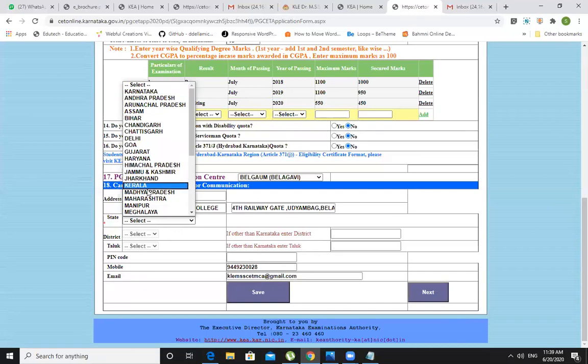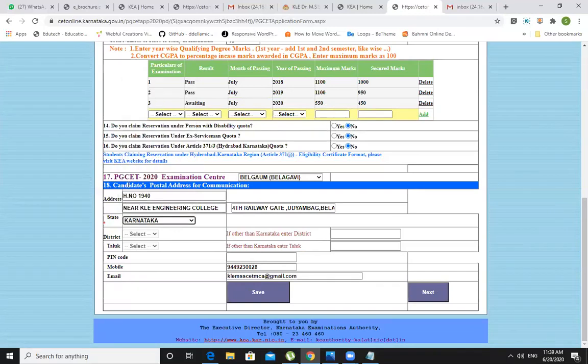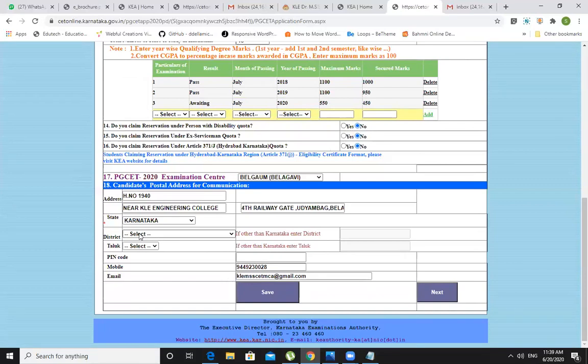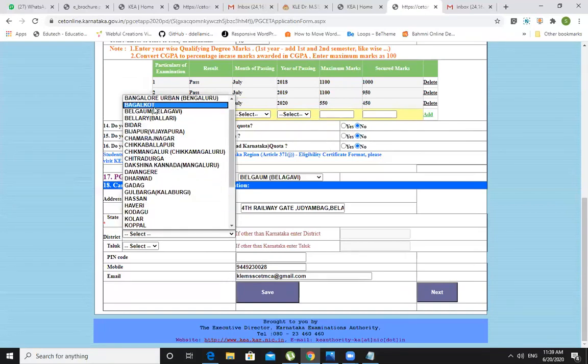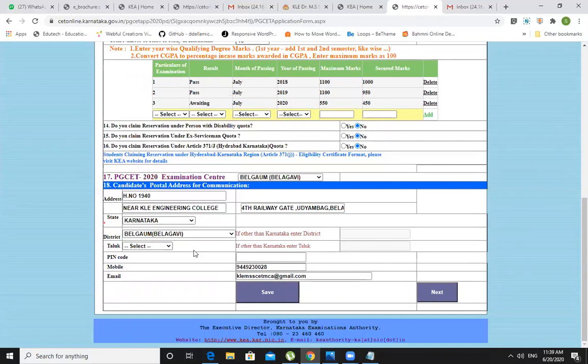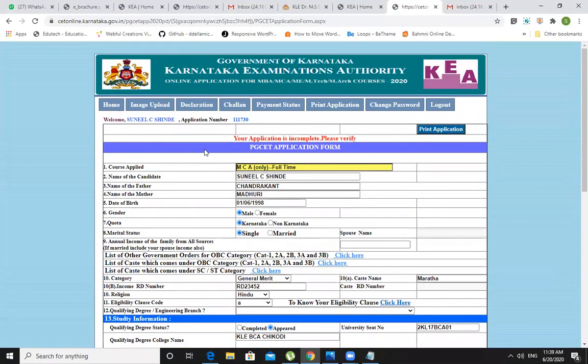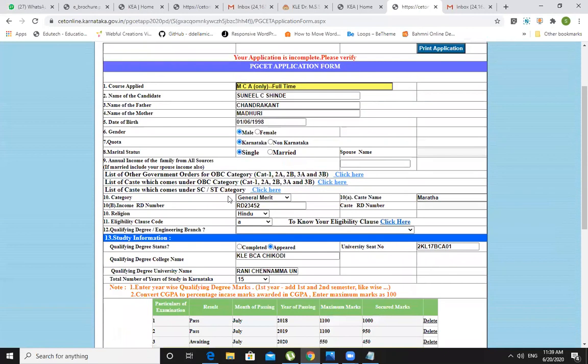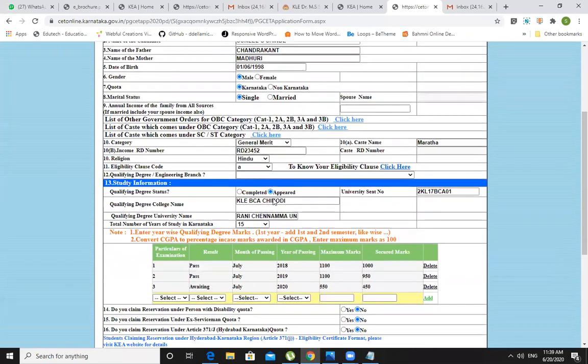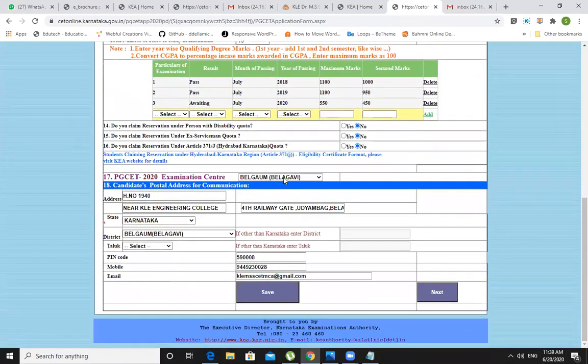Then state is Karnataka. Then district is Belgavi, Belgaum. Then pin code 5900008. Mobile number I have already given. This is the email ID. Look here at the course applied, name, and verify all the details once again. Then click on save.